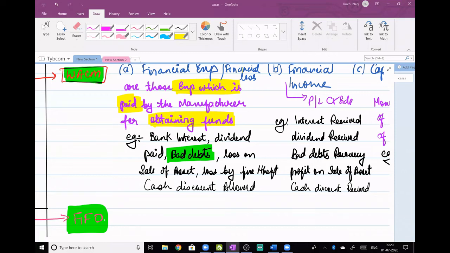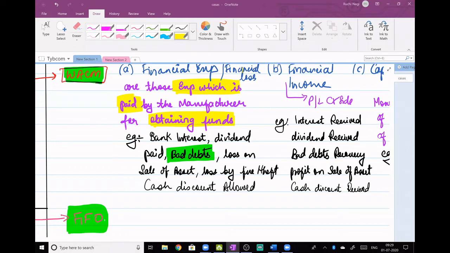Is that clear? So what will I do? In my P&L account debit side, I will show it as bad debts karke, financial accounting mein. In my books of accounts under financial accounting, I will show it in P&L account, To bad debts 5 lakhs rupees. And then what will I do? The same thing I will show in my balance sheet also. Debtors mein I will minus 5 lakhs ka bad debts.